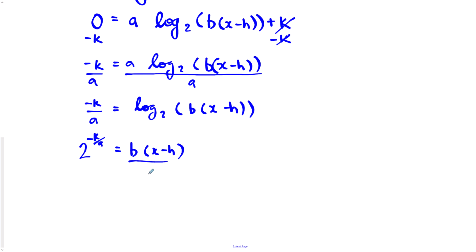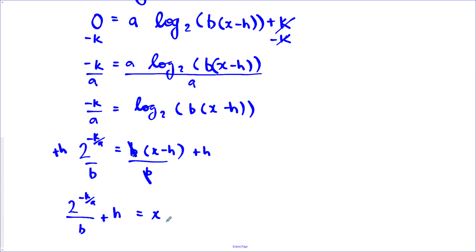Now divide both sides by b and add h on both sides. So we get that 2 to the power of negative k over a, divided by b, plus h is our